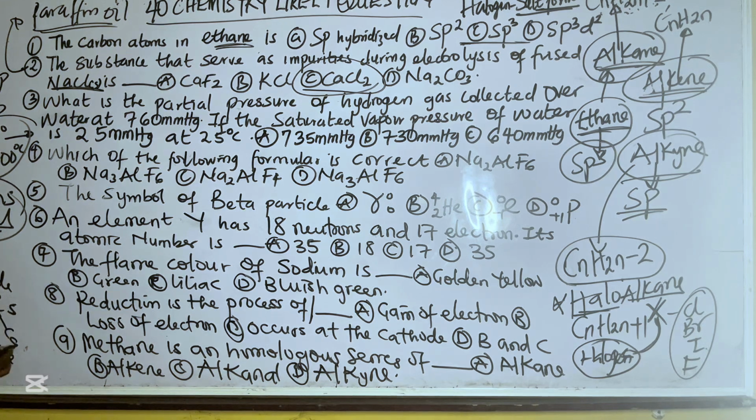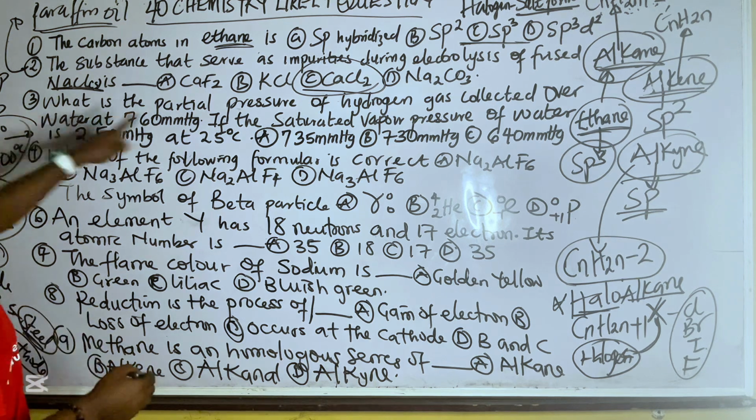Then this cathode here, what is the cathode? Steel. So that is what this is made up of. You must take note of this Down cell: it is made of an anode, and the anode is carbon, while the cathode is steel. Another JAMB question. Okay, so the answer to this question is